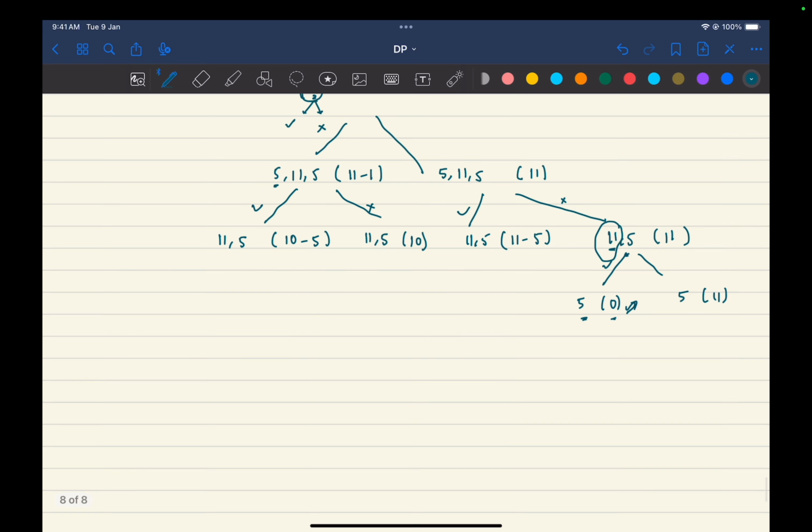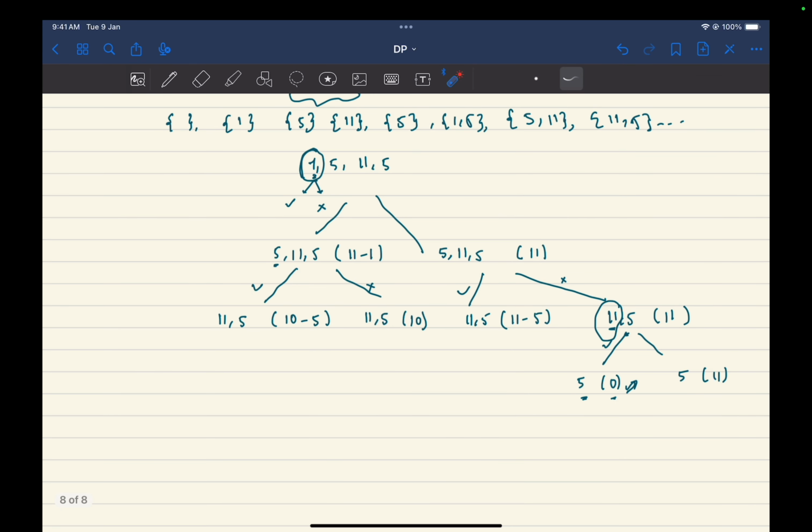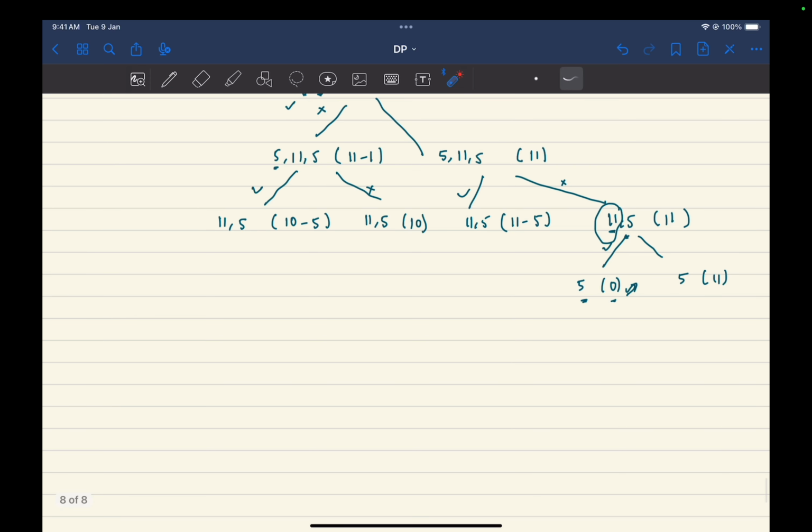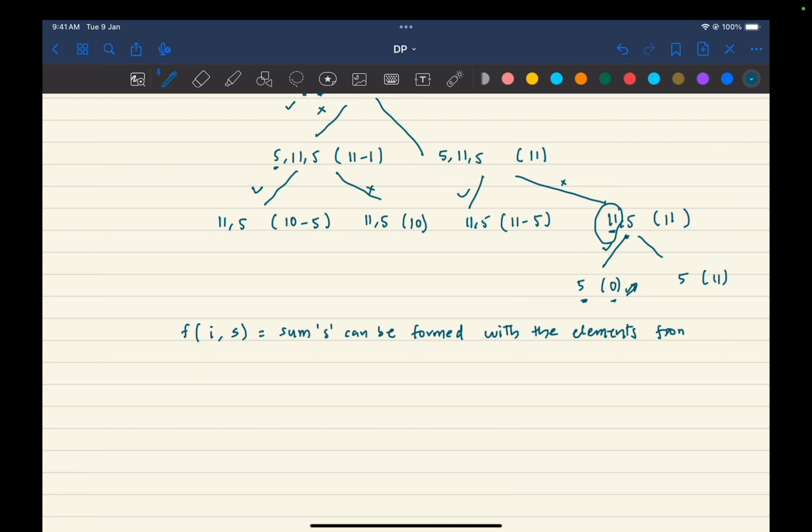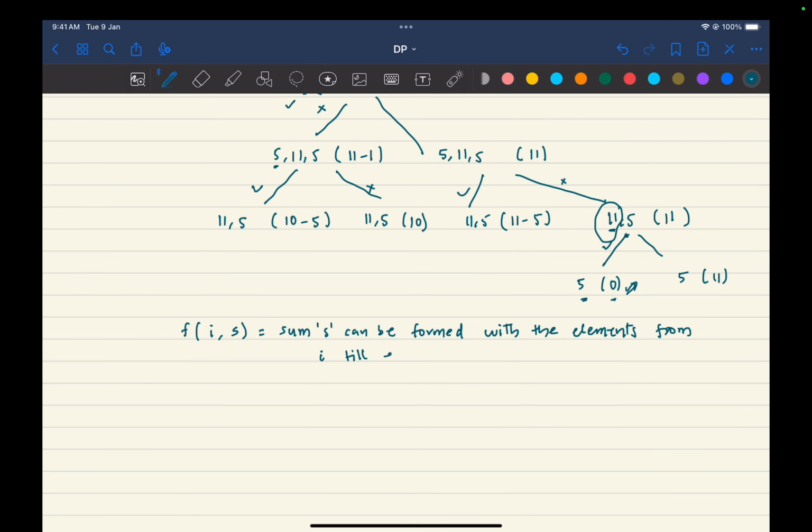Okay, let's try to formalize whatever I have explained so far using a function. Let's say I have a function f which will take an index I and a sum s, and tell me whether the sum s can be formed with the elements from I till end. Now at any given index, as I mentioned, we have two options: either to include